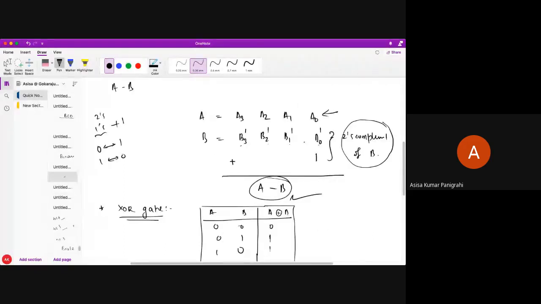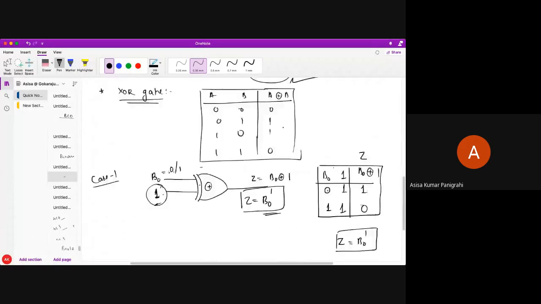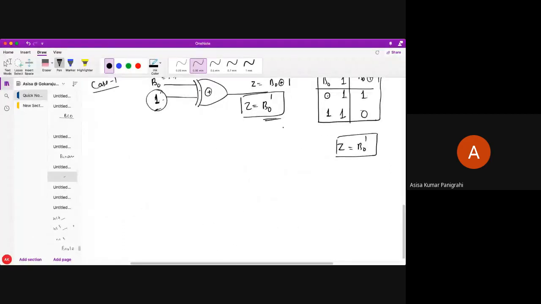Please let me know. Now, I told you in the same circuit I want to design both adder as well as subtractor. Okay, so for that reason, I have to see case 2. What is my case 2? Let's say I have taken another XOR here, 2-input XOR only. So let's say this is my B0 and here I fix it to the ground. Always it will be 0. So what will be my output first? B0, another one is ground, 0. So B0 XOR 0, this is my output Z.